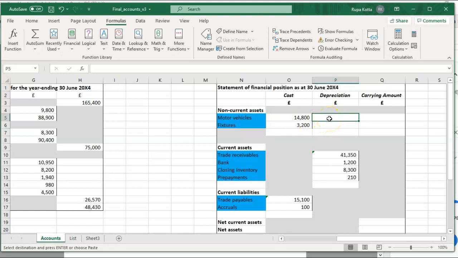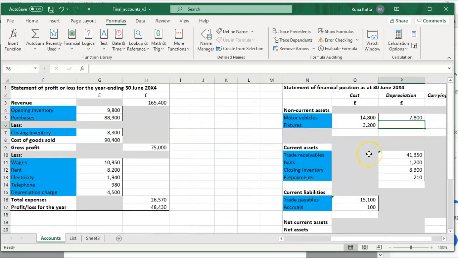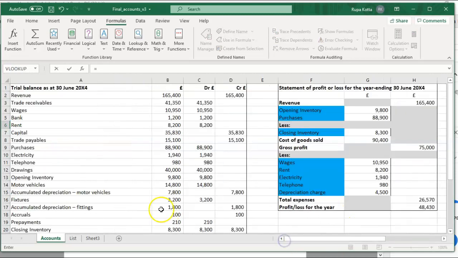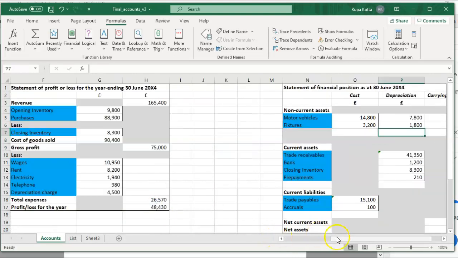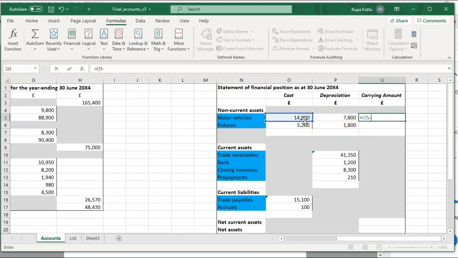So accumulated depreciation for motor vehicles equal to, in which cell is accumulated depreciation motor vehicles? 7,800. For fixtures equal to accumulated depreciation fixtures 1,800. Carrying amount, as you know, will be a calculation: cost minus accumulated depreciation.